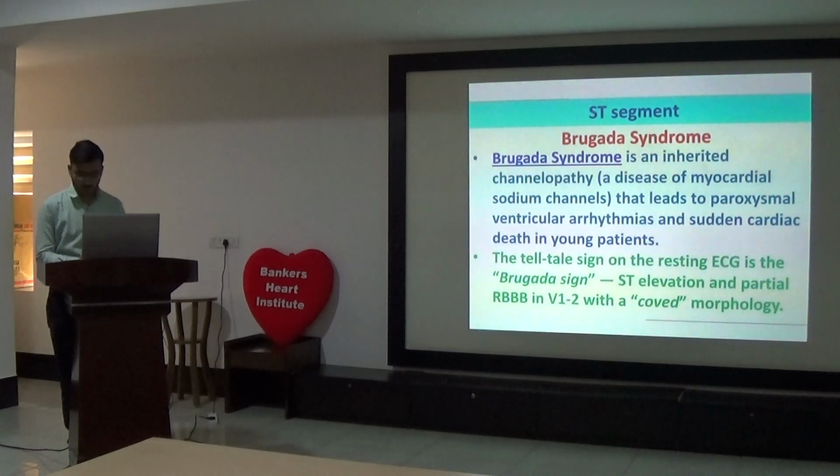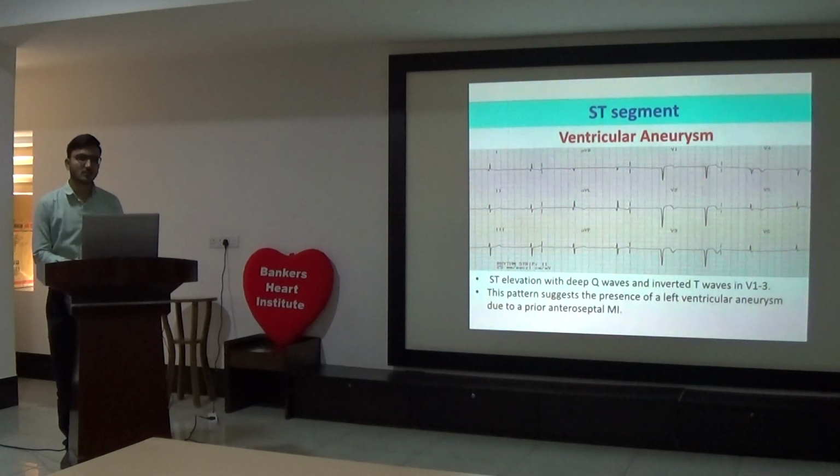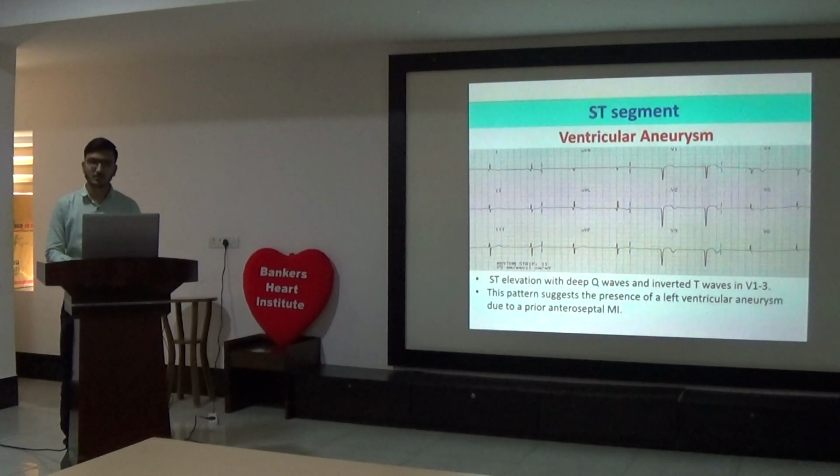What amount of ST elevation do you get? So it is 2 mm, 3 mm, 4 mm. Is there any criteria regarding this? No, for this no. But by definition, ST elevation has to be by 2 millimeters. By definition, when we look at the gross ST elevation definition, it is 2 millimeters in V1, V2, V3.